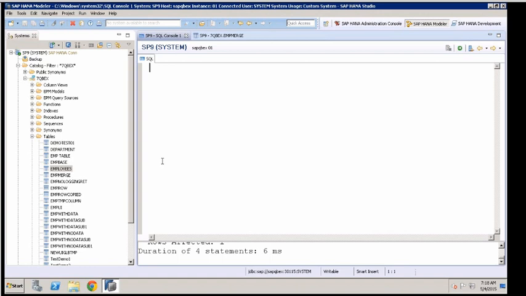When you bring the table from the disk to the main memory, it is called loading, and when you remove the table from the main memory, it is called unload. When it comes to loading, we can do full load or partial load. When you say full load, the complete table is loaded into main memory, and when you say partial load, only certain columns or certain data of a table is loaded into main memory. That is also called partial loading.